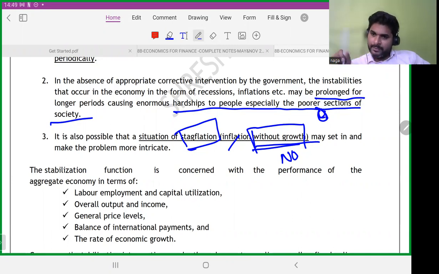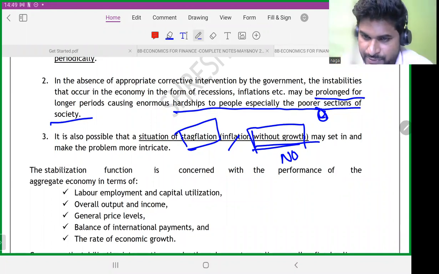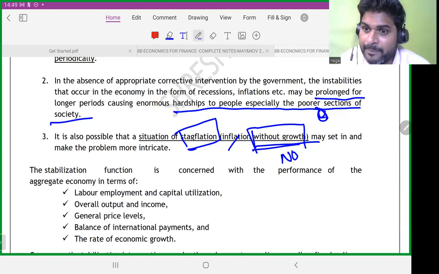For example, we keep our money in the bank account. Even in your savings account, generally you get 4% interest. There you get nil, right? Why? Because their loan interest rates are also very low, 4%, 5%. Now the inflation levels are at 11%, way higher, which is higher than what we have in India.